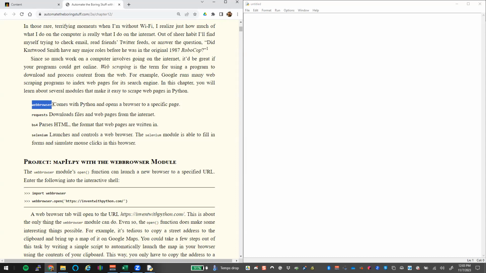We have webbrowser. Webbrowser is very easy to begin with. So over here, we simply import webbrowser. And then with the webbrowser utility, we use webbrowser.open, and then we just pass it a URL. So we could say something like https://google.com. Right? And if we run this file,